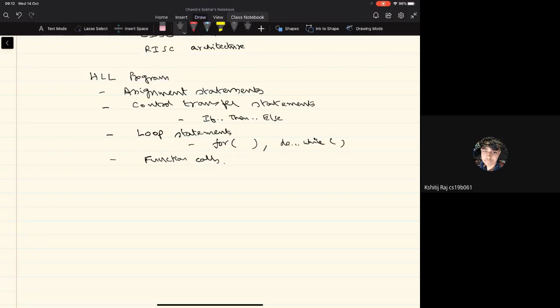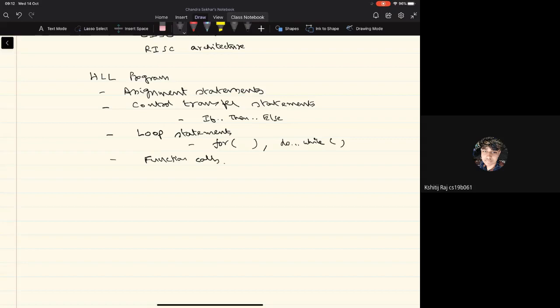And once we represent each instruction using a sequence of bits, then it is a control unit which takes that representation of the instruction and then performs the necessary operations within the CPU in order to execute the instruction. So I'm just giving the big picture, then we'll go into the details to some extent in the next few classes.